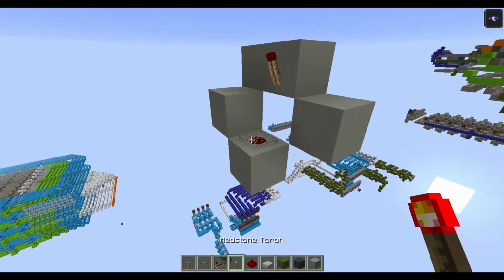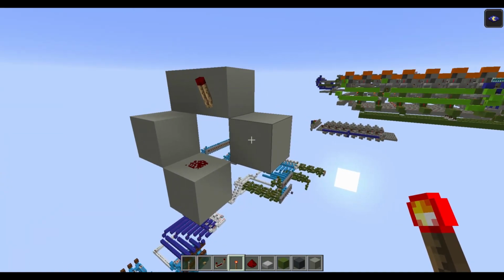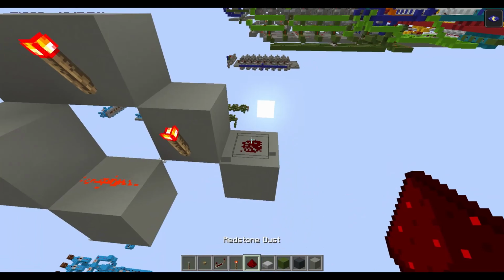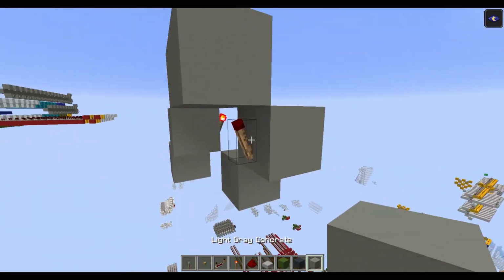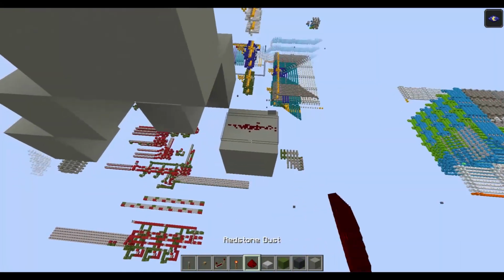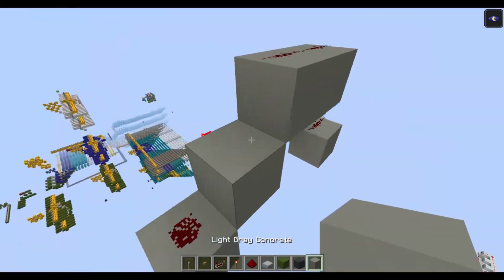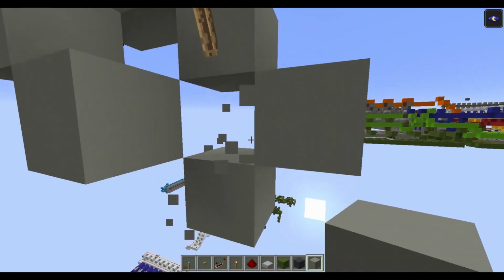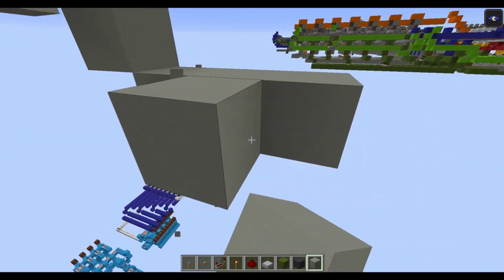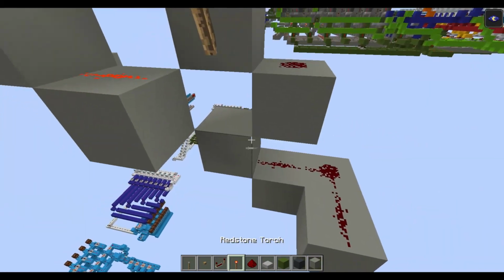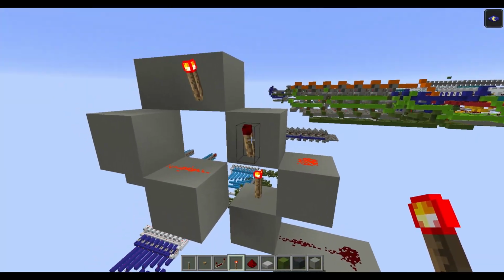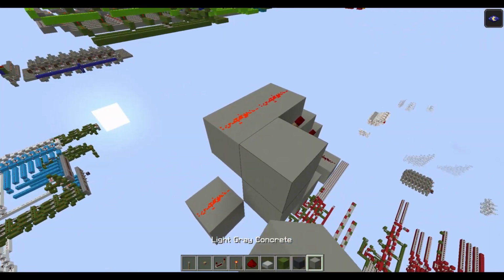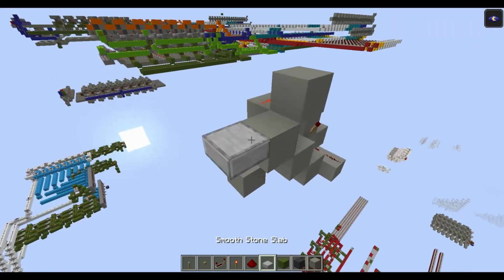We want to input this redstone dust from this torch, and we will have redstone dust here, and the outputs will be here. Now we also want to lock the inputs as needed. So here is a torch to lock the input. Let's reset this.